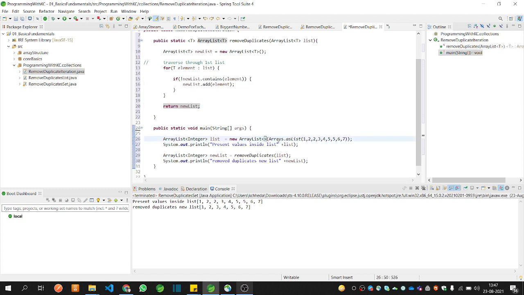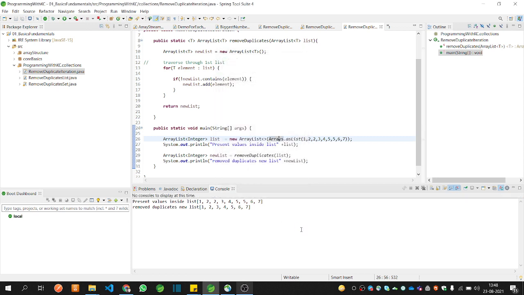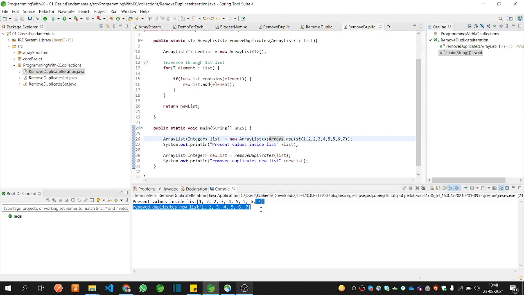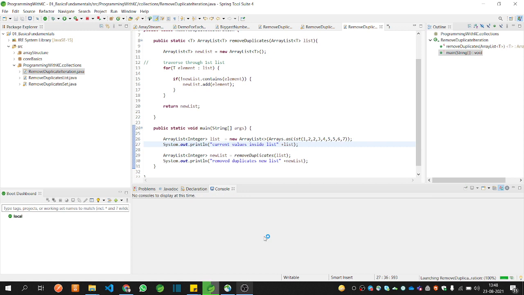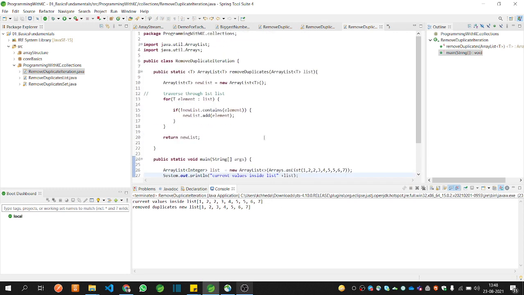So yeah, we have successfully written the code for this, and let's check whether it is working or not in this case. Okay, yeah, I hope this should work fine now. Let's see. Yeah, so I got the value using this approach. Also, the present value inside the list is 1 2. If you think that it was the output of the previous video, then we can run this again. So I will simply write the current values over here inside the list and we'll check once again. Yeah, we got the output. Current values inside the list is 1 2 2 3 4 5 6 5 5 6 7, right?